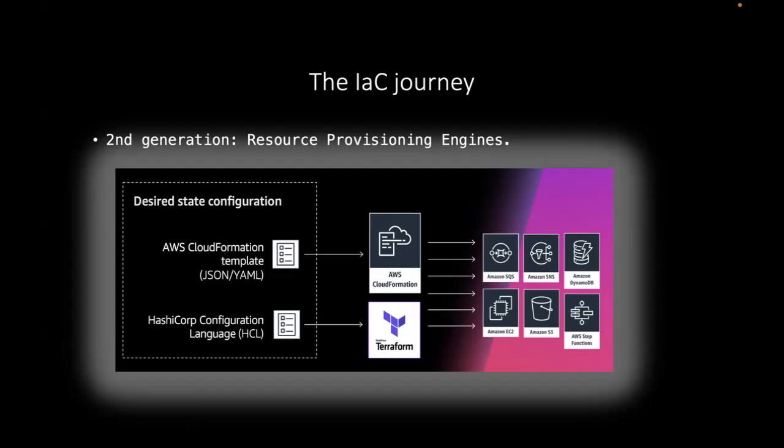And it described what we call the state of the infrastructure. The state simply means the configuration settings for the various resources that you wanted within your overall infrastructure using JSON or YAML. And then you provide that template to, in the case of AWS, the CloudFormation service, and it then